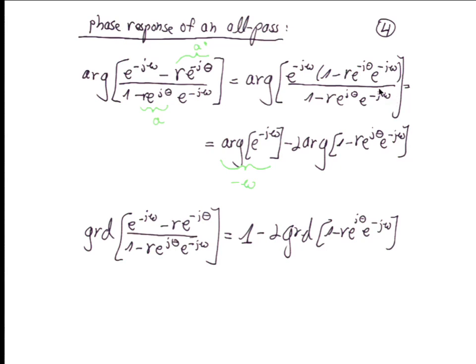Twice. Let's see. Thank you. That's great. Okay, let's see. We take e^{-jω}. Then this is 1 minus, yes, e^{-jω} r. Fantastic. The phase of this is